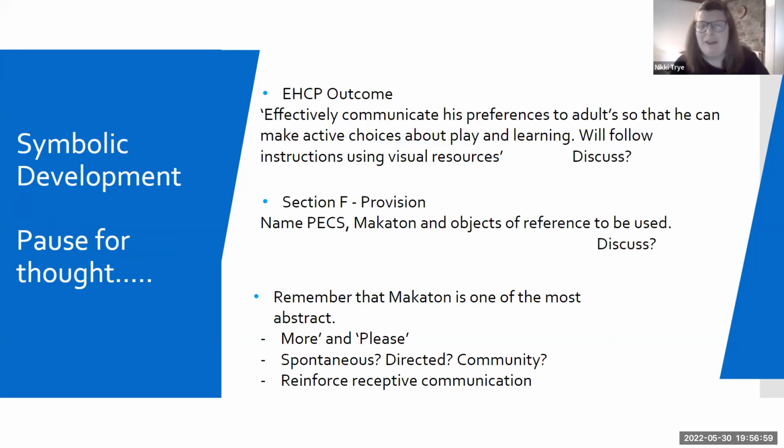Okay, right, well, I've already done a bit about Makaton. Oh no, I'll carry on, it's at the bottom. Okay, I see I've got all excited about talking about Makaton then. Right, so